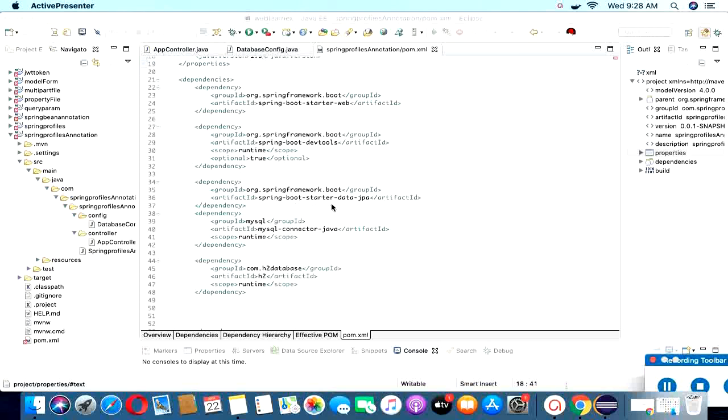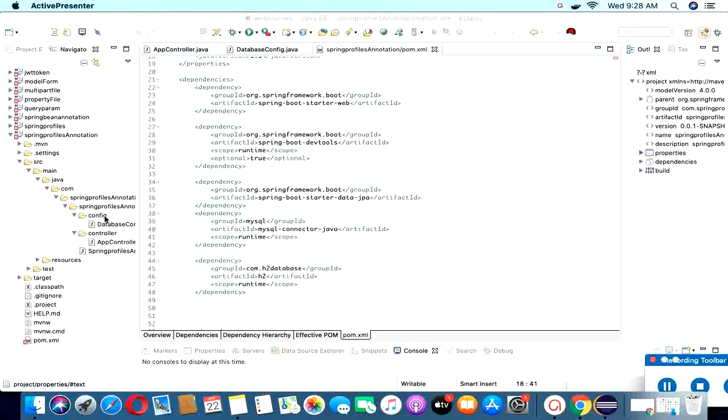One is the Spring Boot starter data JPA, another is the MySQL connector Java, and one is the com.h2database. These two are for the MySQL database, and this is the H2 database.